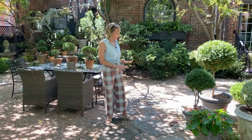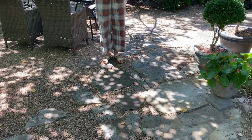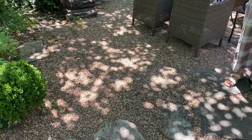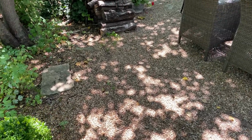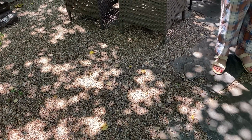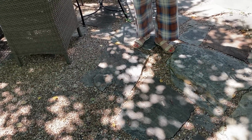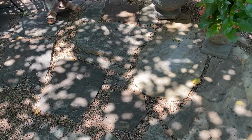So when we put this down, we made sure it was very flat, but I did not put any kind of weed cloth or plastic substrata underneath it. All we did was put a layer of crushed gravel, maybe about 2 inches of crushed gravel that then kind of compacted. Then on top of that, we placed the flagstone, and then we came back over with a layer